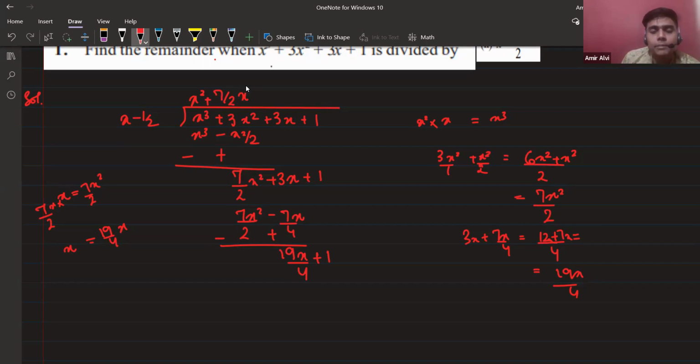Abdul and Simran, please tell me. 19 by 4, because x is already there. I just want the number here. So 19 by 4. Just a second. x is there, 19x by 4 and minus 1 by 2 into 19 by